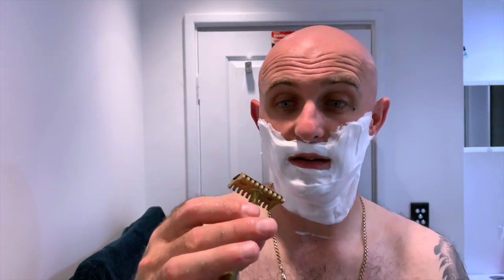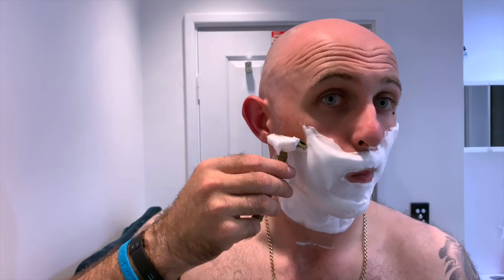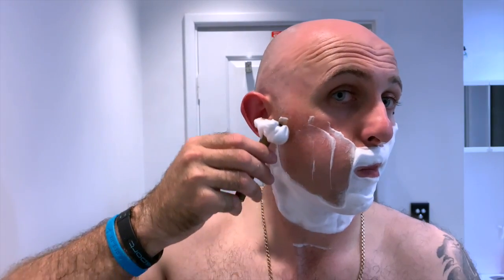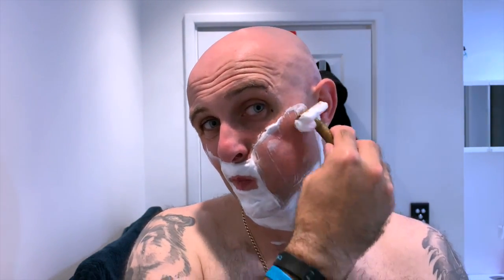So here we go, first pass with the grain, with the Karve open comb. As smooth as you like. Now, I will say one thing, this open comb gathers the lather better than the closed comb. I feel a difference and I see a difference with regards to how it holds the lather. My God, that's smooth. I don't know why I'm saying my God, I have no God. It's a strange thing to say, but